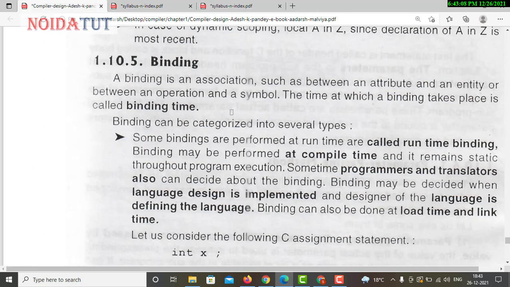Now when we talk about binding, what is binding? Try to understand it. Suppose you have written a function for addition of two numbers. When we call that function, it is actually binding that function. That is known as binding. In this we have runtime binding and compile time binding. Compile time binding is also known as early or static binding, and runtime binding as late binding or dynamic binding.